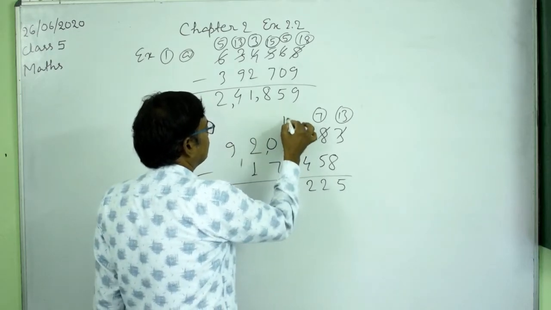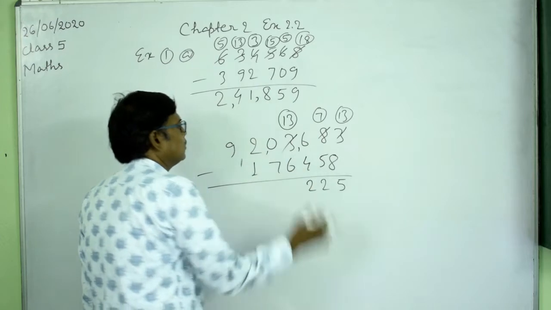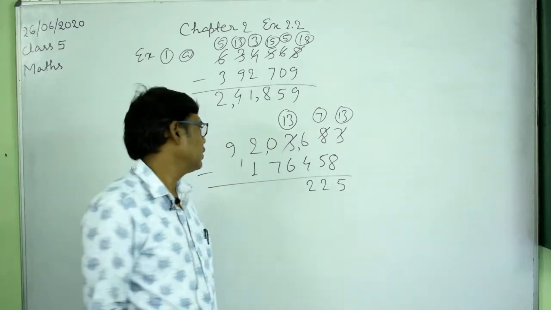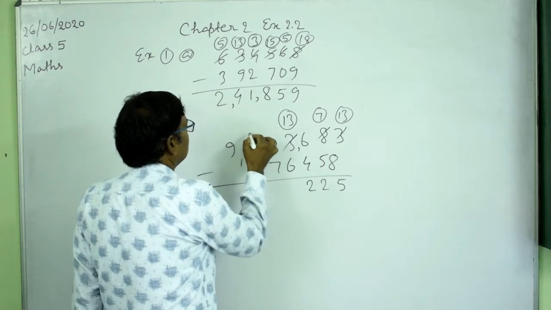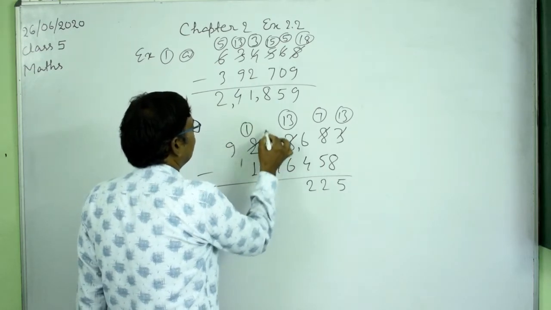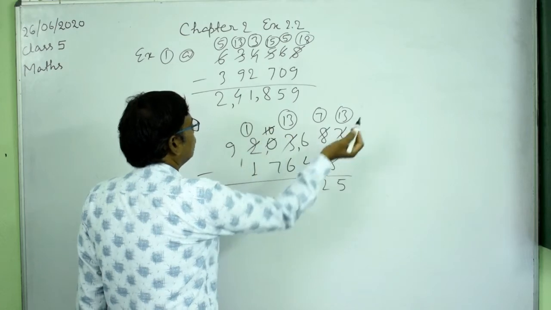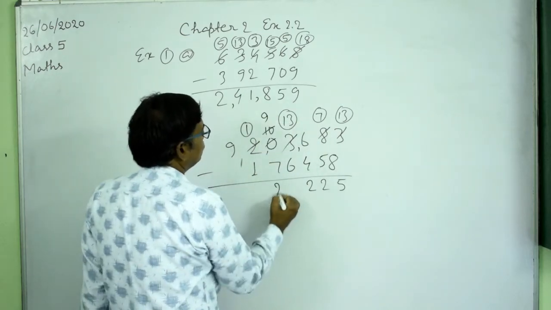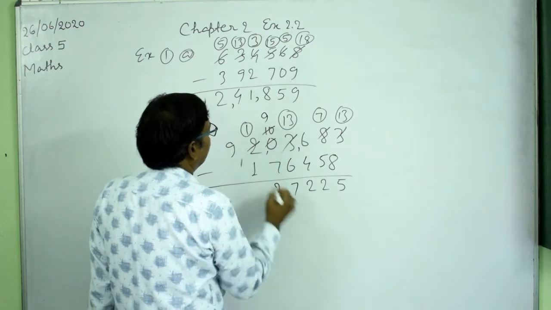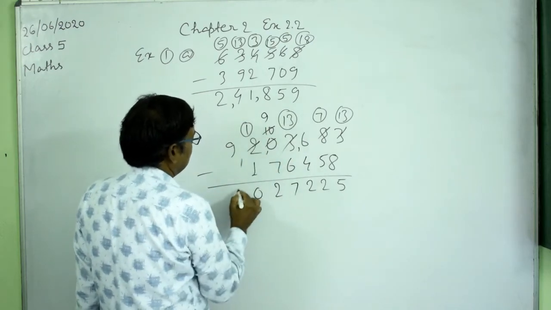So it will be here 13, and because 0 does not have anything, we have to borrow 1 from this 2. Okay, 1 from this 2, so you will have 1 here in this case, and here you will have 10. Okay, and then again you will give 1 to this, then you will have here 9. Okay, so 9 minus 7 will be here 2, and 13 minus 6 will be 7, and 1 minus 1 here 0, and then 9.